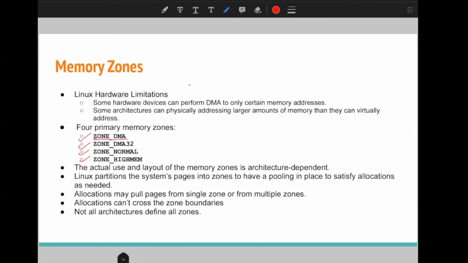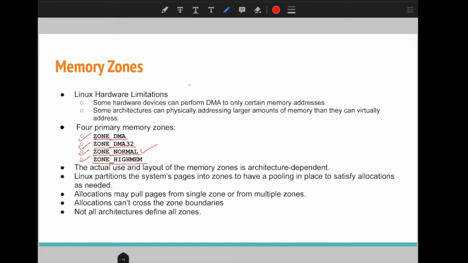And this is ZONE_DMA32. It is specific for 32-bit systems. And this is the zone we mostly use, because generally we need the general allocation of the pages. And this is the zone specifically for high memory, and high memory is the memory that is not automatically or always mapped in the memory management unit.